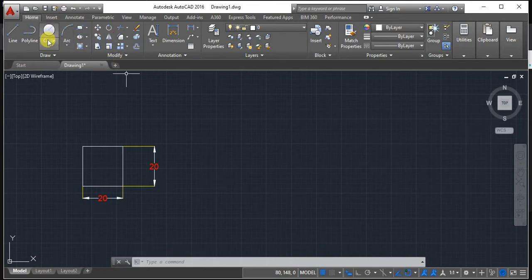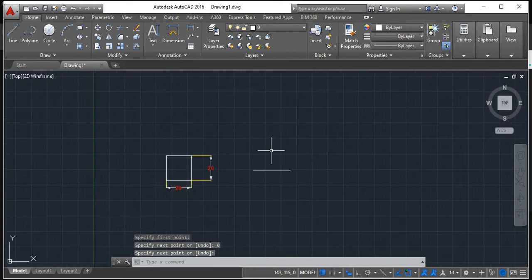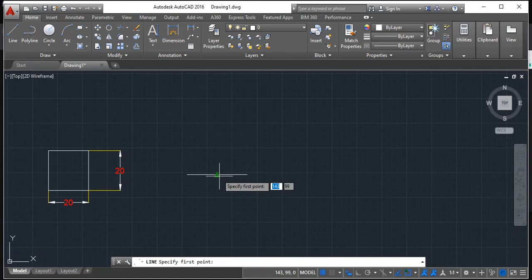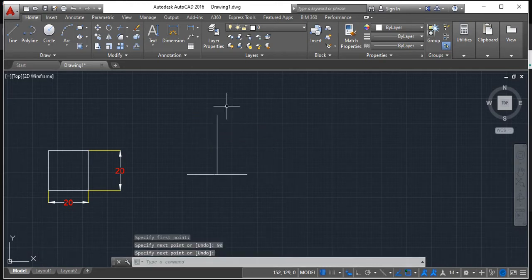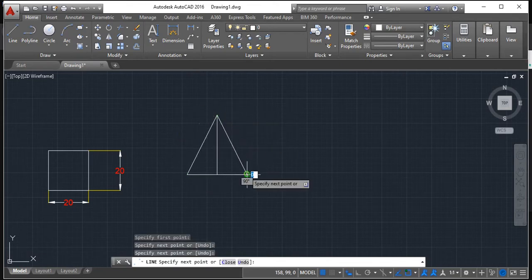After this go for a line. Draw a horizontal line, that would be 30. I'm just making an equilateral triangle. Then click on tab in order to change the angle. Here the angle should be 0. Give an enter. Since it is an equilateral triangle, I'm just using this method. Go to the central part, draw a height of 30, then an angle of 90. In order to get the top point, I just made it, then join these 2 points and join these 2 points.